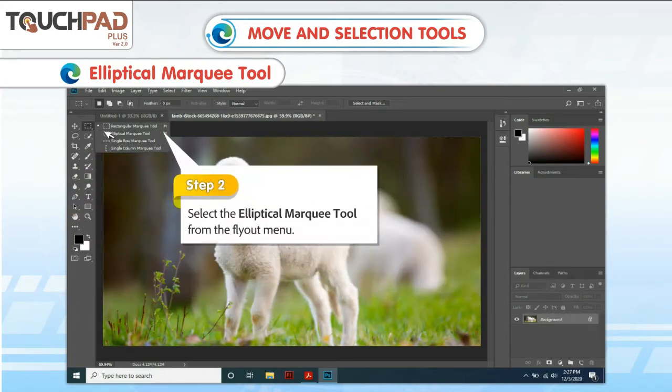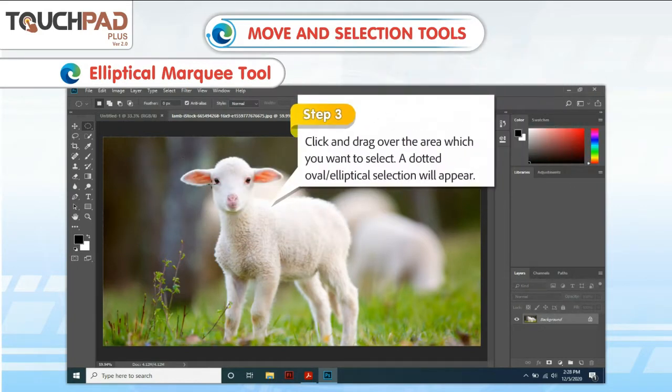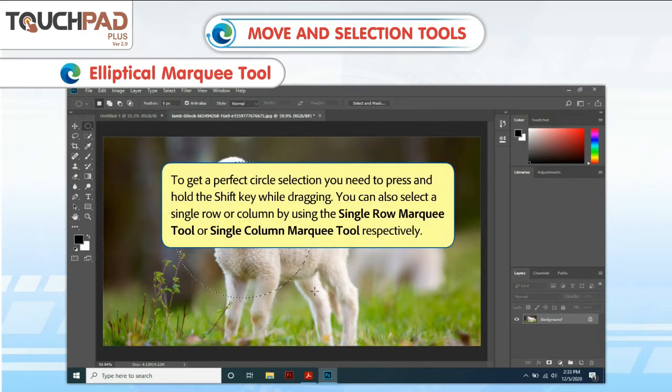Step 2. Select the Elliptical Marquee tool from the flyout menu. Step 3. Click and drag over the area which you want to select. A dotted oval or elliptical selection will appear. To get a perfect circle selection, you need to press and hold the Shift key while dragging. You can also select a single row or column by using the Single Row Marquee tool or Single Column Marquee